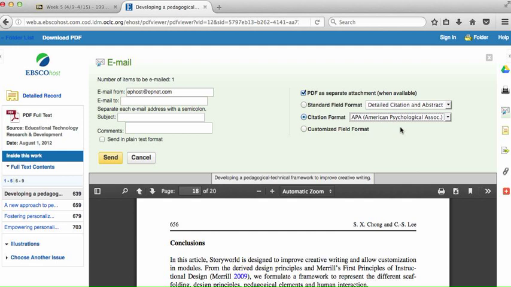I will say that it's not 100% accurate, but it's probably about 85 to 90% accurate, which is really pretty good for an algorithm creating a citation for you. So you can get this sent to you, or if you go back to your folder,